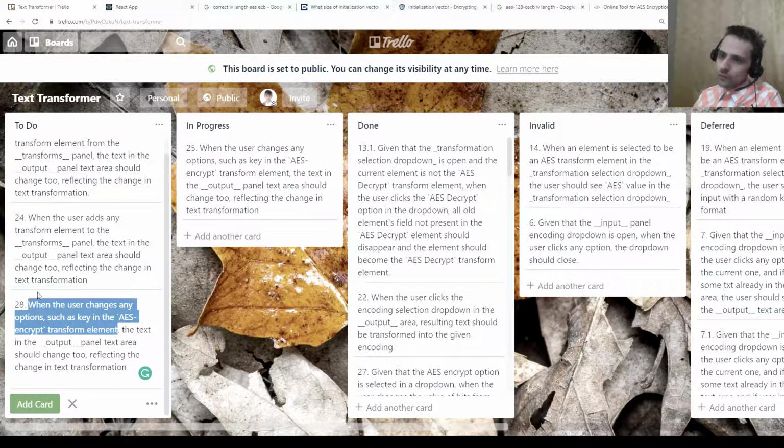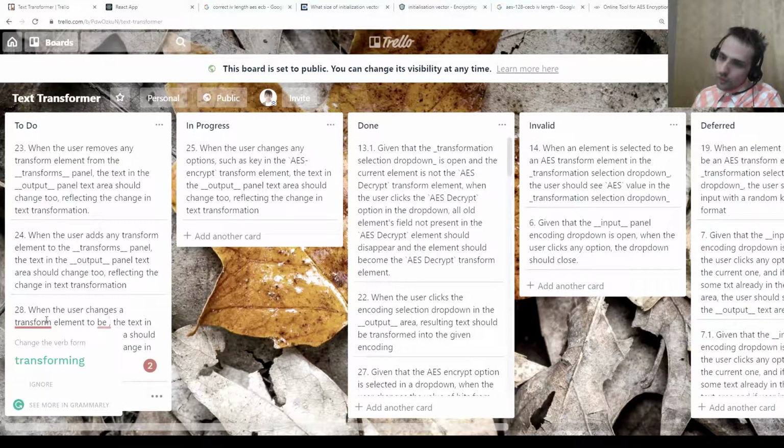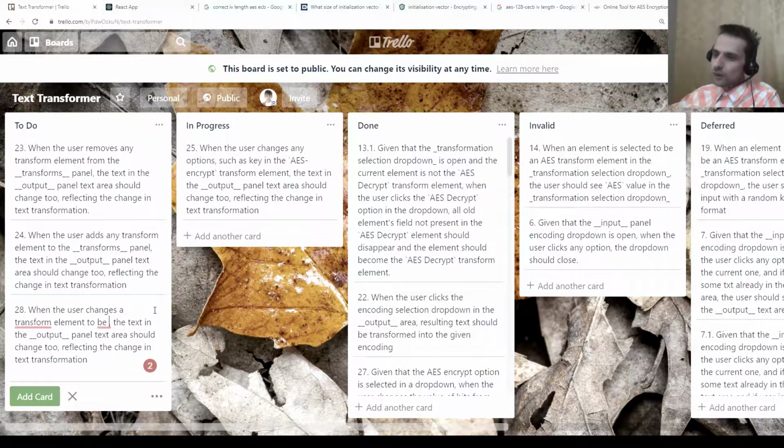No, I would like first another ticket: when the user changes a transform element to be a decrypt element,